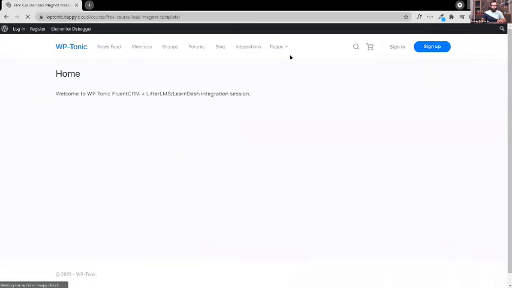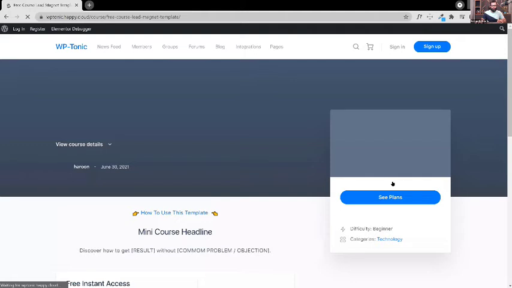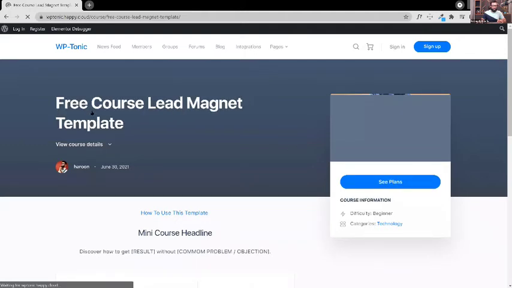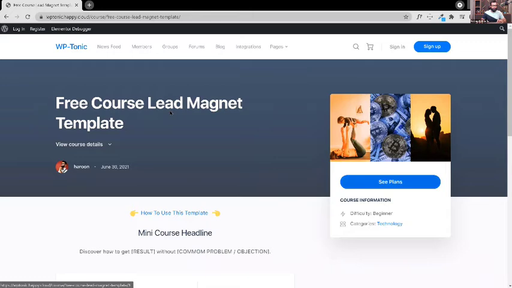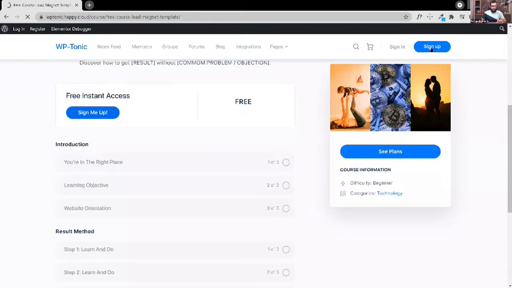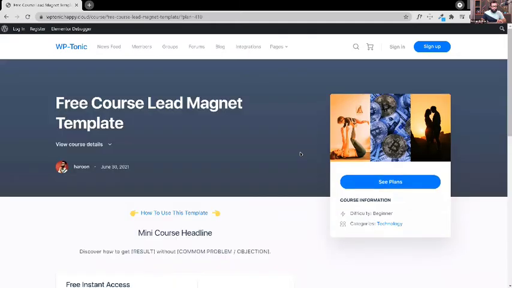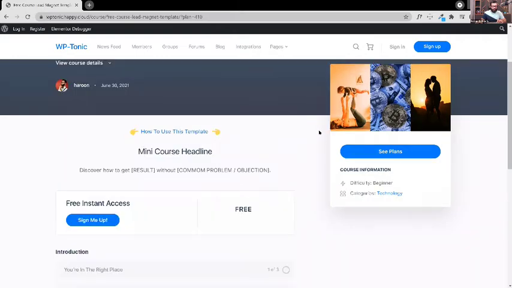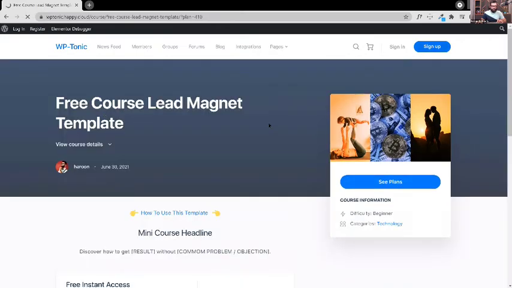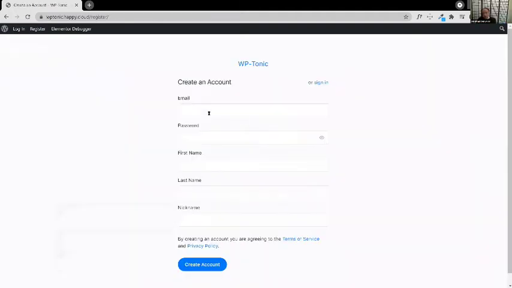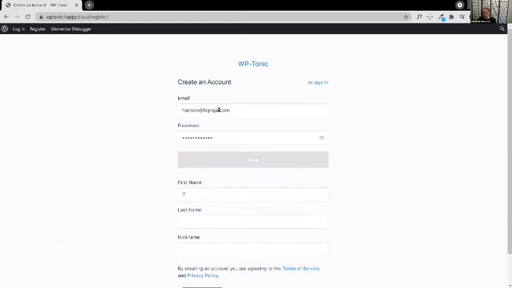I haven't added the courses to top navigation, but that's pretty easy to do. So now let's see the plans and sign me up. Wait a second. There is some part of the integration that I'm missing here. Well, don't you have to link? I don't know this for sure, but don't you have to link the courses with the WooCommerce subscription plugin as products? I think I had linked it,